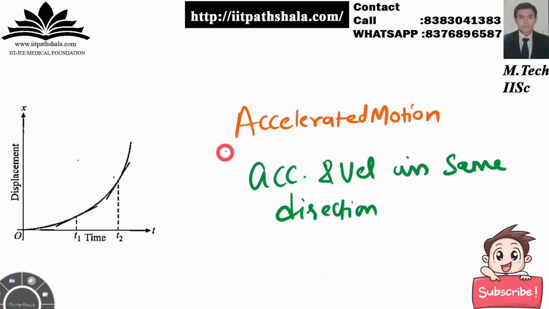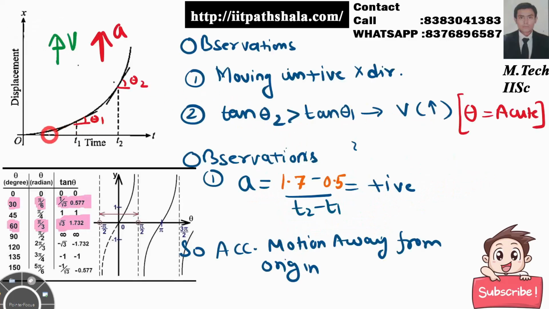Now let us have the case of accelerated motion. The case of accelerated motion is such that your acceleration and velocity are in the same direction. Both are in the same direction. Now first thing first is the observation of the following curve. As you can see, I'm starting from the origin and I'm taking this as my arbitrary point P, which has the coordinates x and t. This x is positive, so I can say that I'm moving forward along the displacement axis, or I'm moving away from the origin itself.